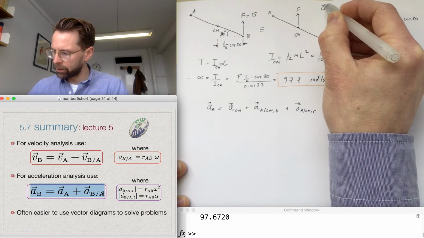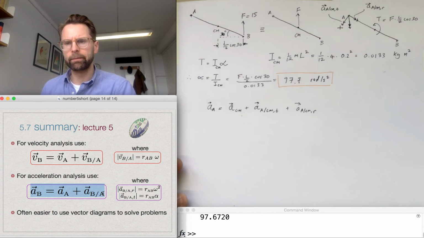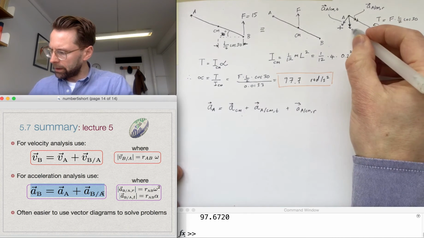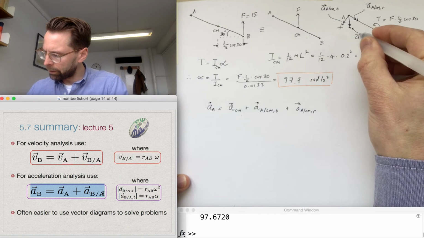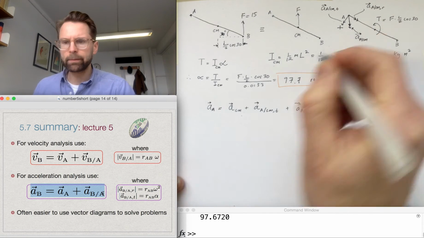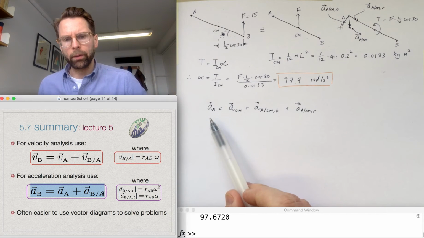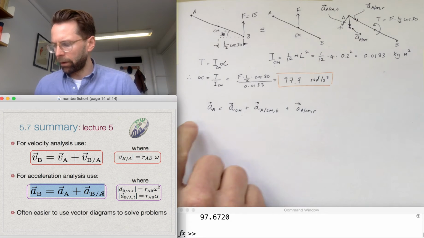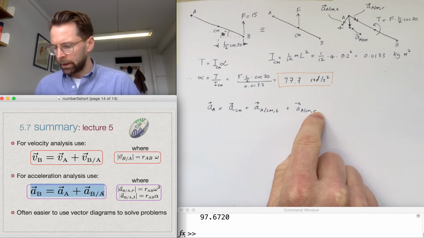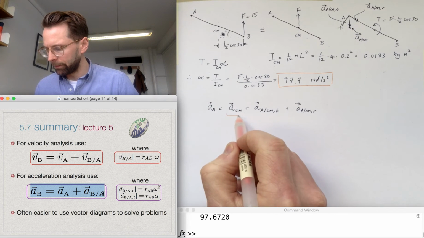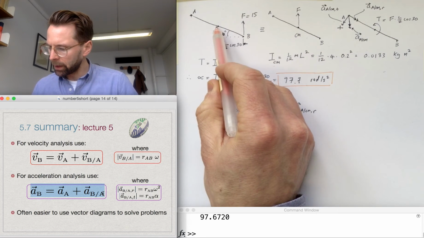And this is the acceleration of A relative to the centre of mass in the tangential direction. And that is the total, that is the resultant of those two. So it's just the acceleration of A relative to the centre of mass. Okay, so hopefully that's clear. And we're going to try and find out what the acceleration of A is by working out what these individual components are. Now this first component here, that's easy, because the acceleration of the centre of mass, the only thing